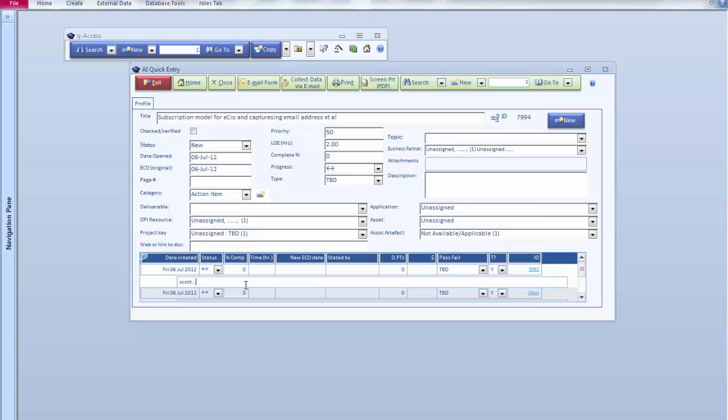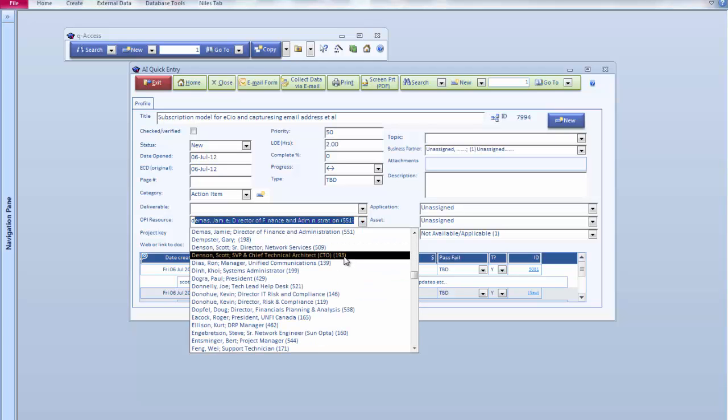Scott, does the eCIO website capture email addresses, and can we use it for follow-up on sending info updates, etc. We'll assign this to Scott,